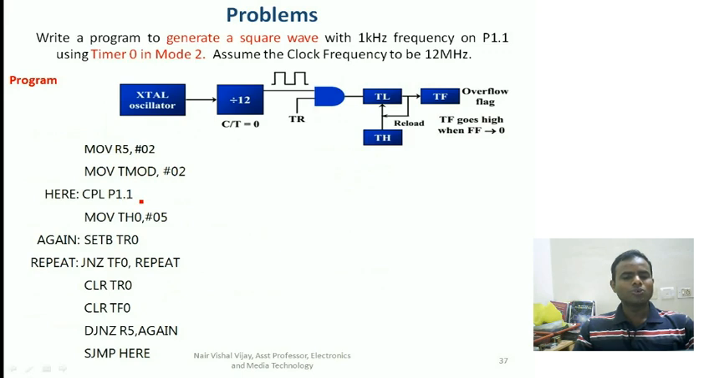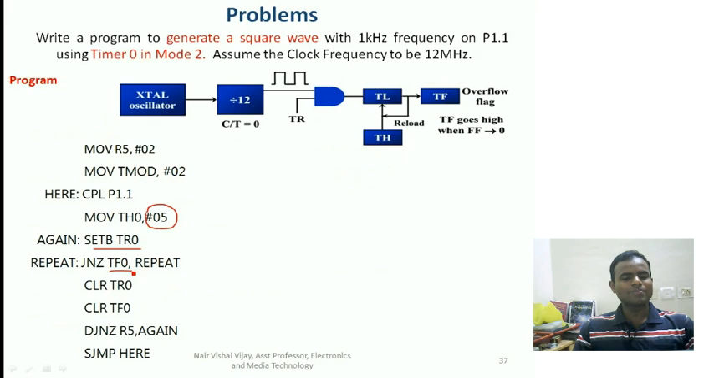Then we'll store the initial value, that is 05, into TH. We set this initial value 05 into TH. Then we'll start our timer by using the statement SETB TR0. Once we start this timer, we have to keep on checking for our overflow flag, that is TF0. When the overflow flag of timer 0 is set, we need